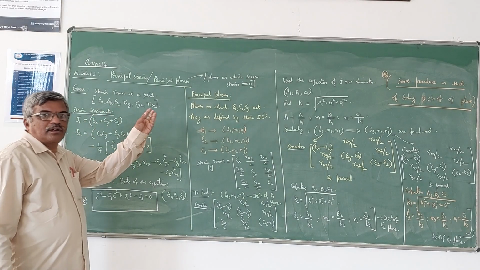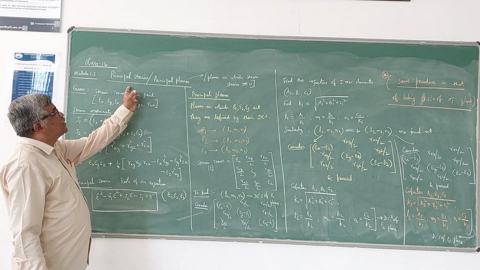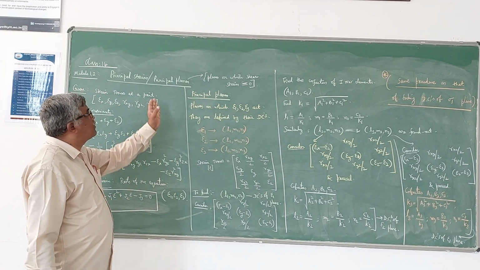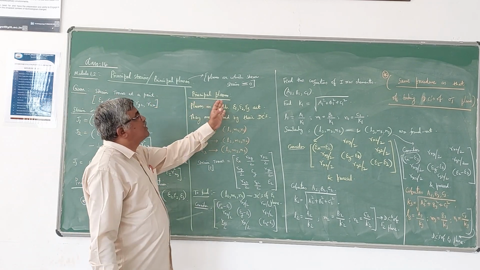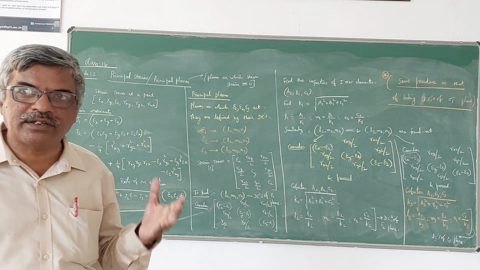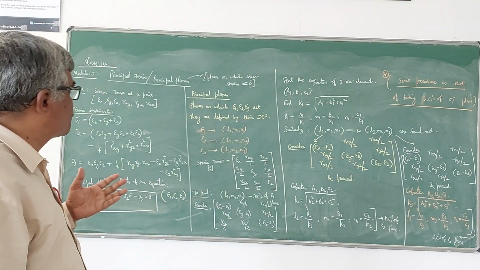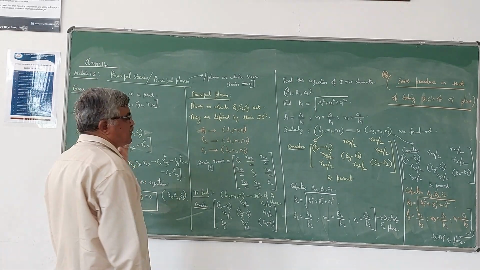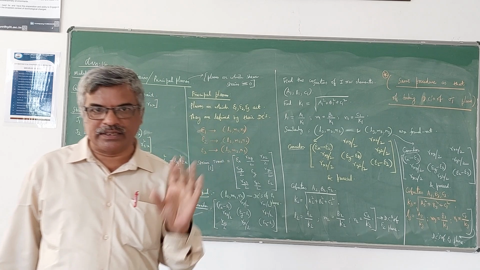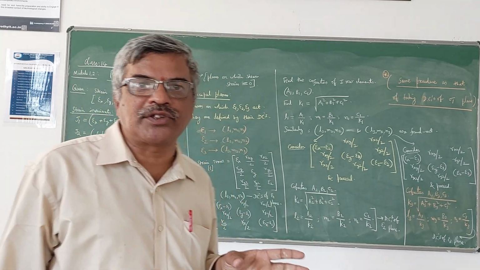In this class, we will discuss principal strains and principal planes. These principal planes are the planes on which the shear strains are zero. That means only normal strains will be acting on those planes. In the case of a three-dimensional system, you have three principal planes. In the case of a two-dimensional stress system, we have only